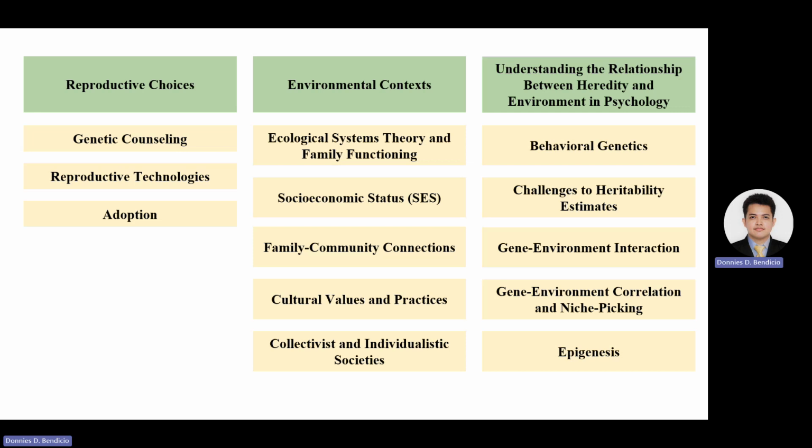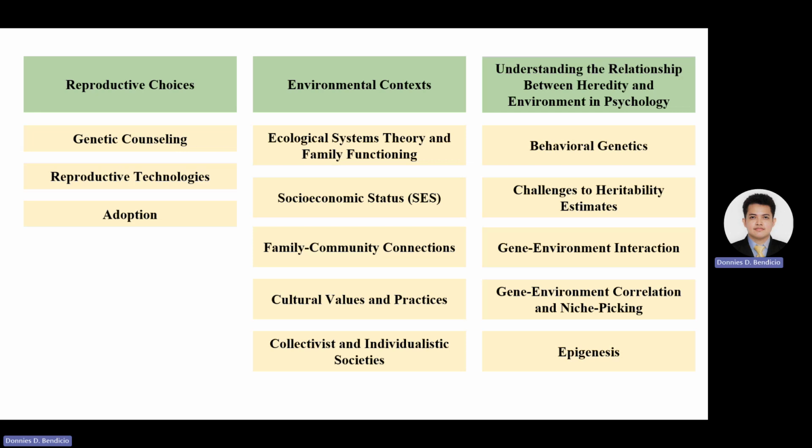Next is gene environment interaction. So the concept of gene environment interaction highlights that heredity and environment do not act in isolation. So instead, genes and environment interact in intricate ways to influence an individual's traits. For example, a person's genetic predisposition for a specific trait may manifest differently depending on their life experiences or environmental exposures. So this concept is crucial in understanding how certain genetic factors may become more or less influential in specific environmental